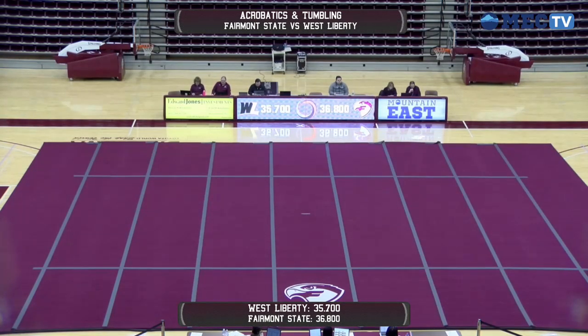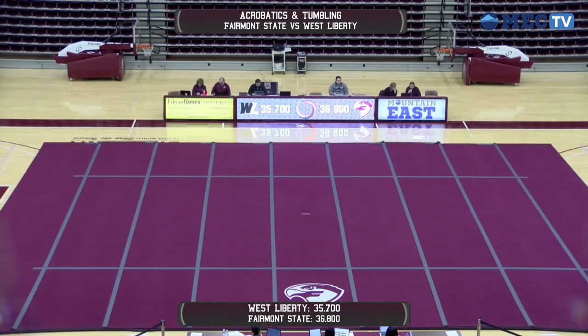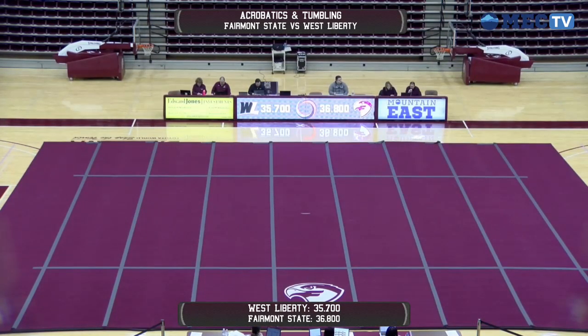West Liberty is going to come out, and they're starting at a 10.0 for their inversion. And I totally forgot about the scores, so I'm going to give you those first before we see the pyramids here. All right. In Heat 1,